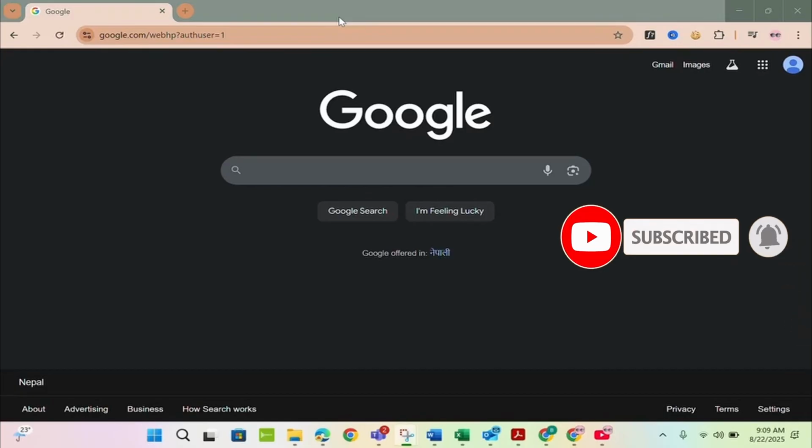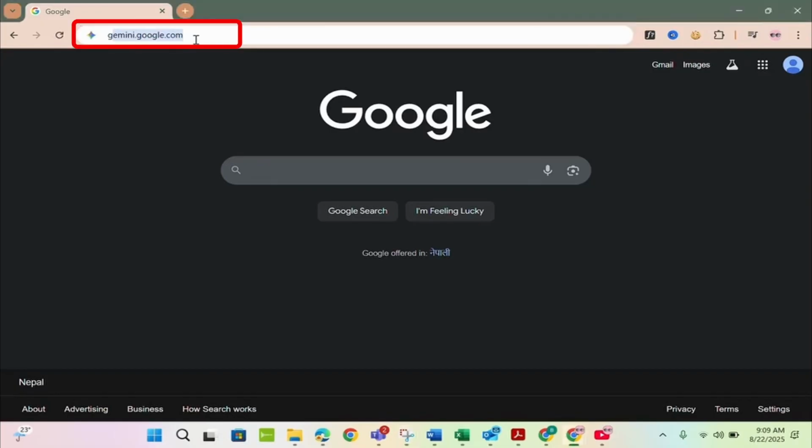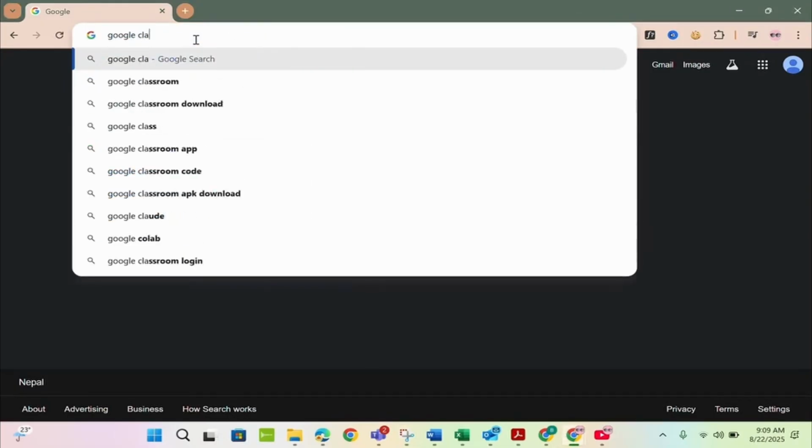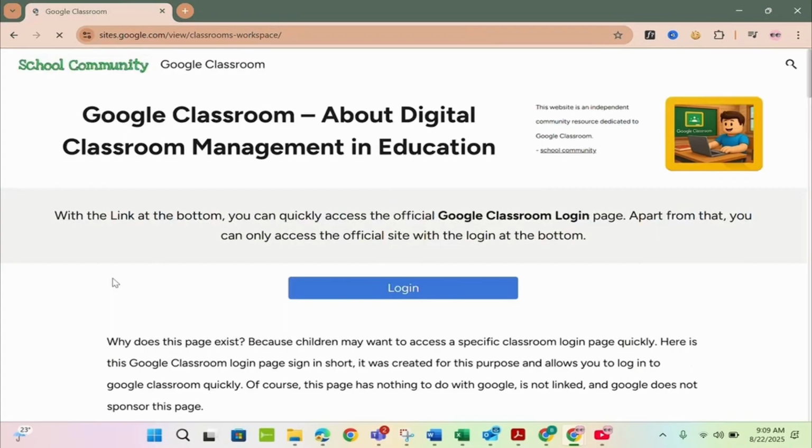You cannot directly download Google Classroom from your Microsoft Store, but I'll show you a workaround. For that, open up your Google Chrome browser and on the search bar, search for Google Classroom. Now go ahead and hit enter, and then you will need to log into your Google Classroom by opening up